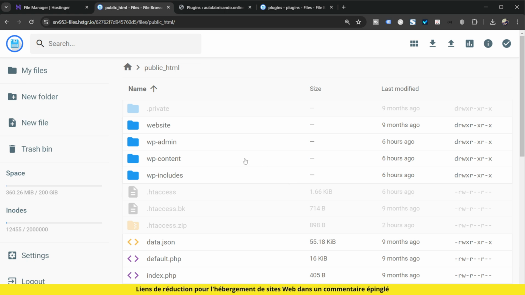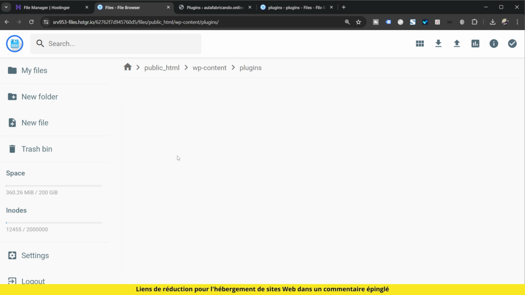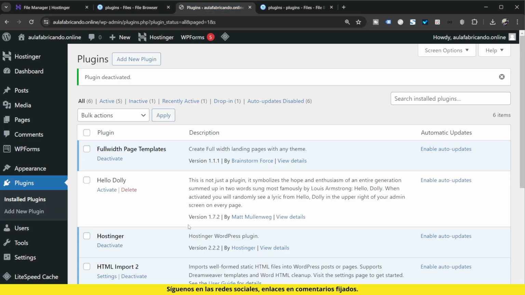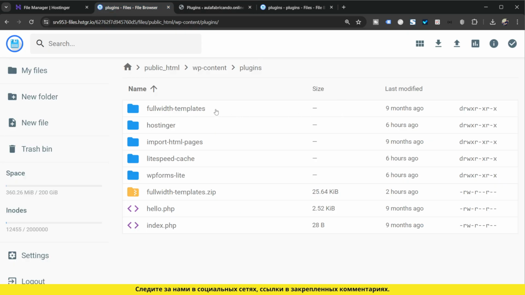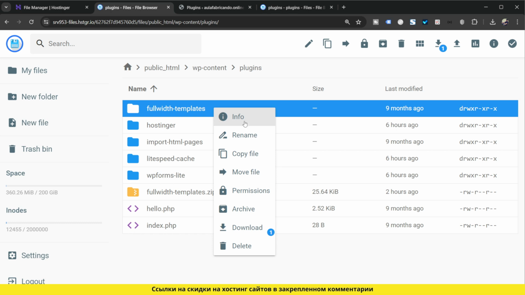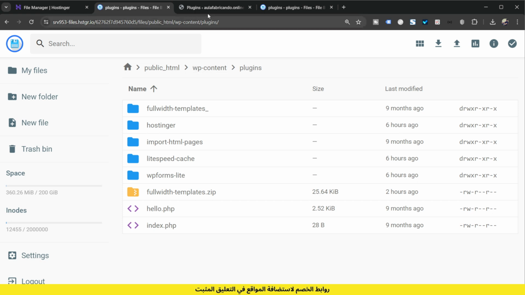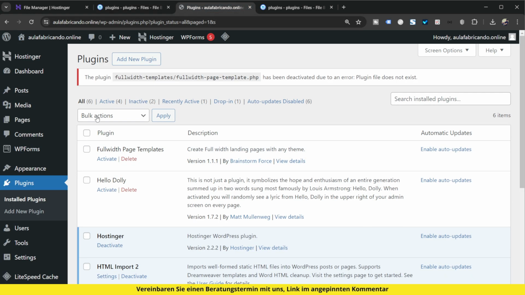Go to WP Content, the Plugins folder, enter it. And inside the Plugins folder, you will see that you have folders with the names of the plugins you are using. For example, here I have a plugin called Full Wide Page Templates. What I'm going to do is deactivate this plugin, but not here. If my WordPress wasn't opening, I could just rename it by clicking with the right button, going to rename, and changing the name of the folder. I will just add an underline at the end and click on rename. Change the name of the folder, and when I come to WordPress and update,